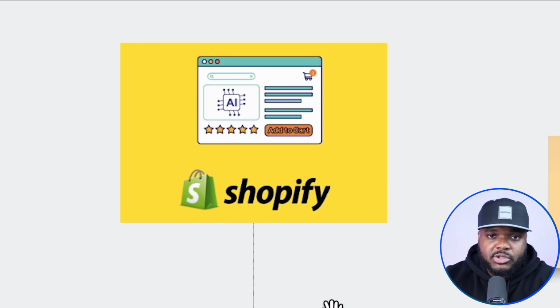Now, for those of you that are not really sure exactly what Shopify is, so many people out there still confuse it with Spotify. They're two completely different companies. Shopify is a platform that's going to help you build your own online store. The reason why I like Shopify, and why it's going to be perfect for beginners, is because you've